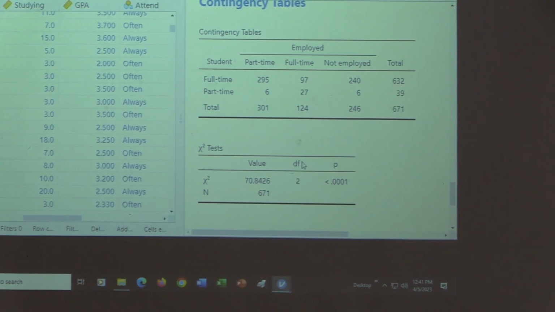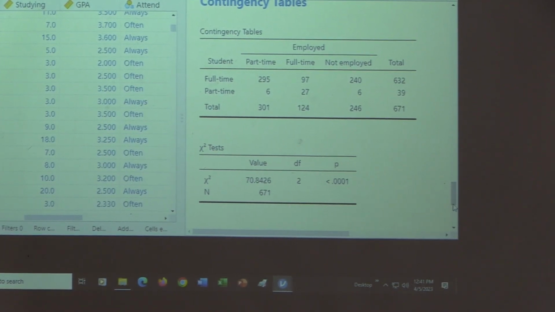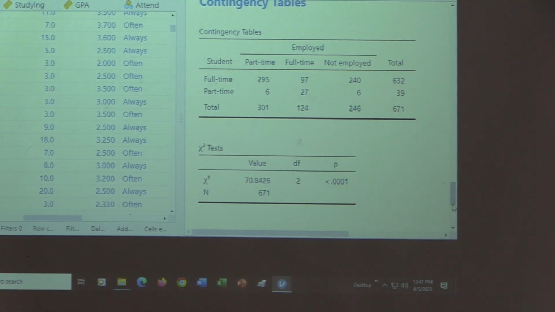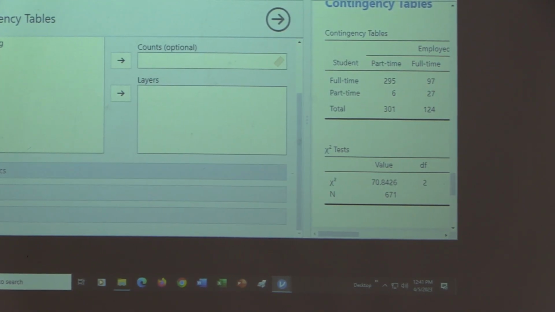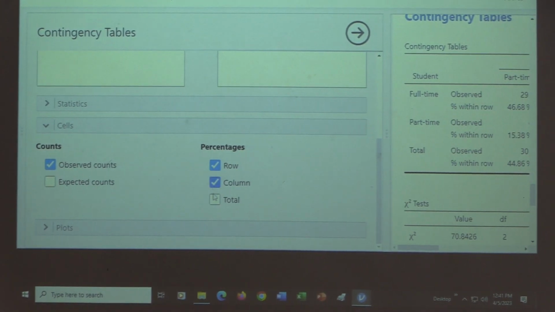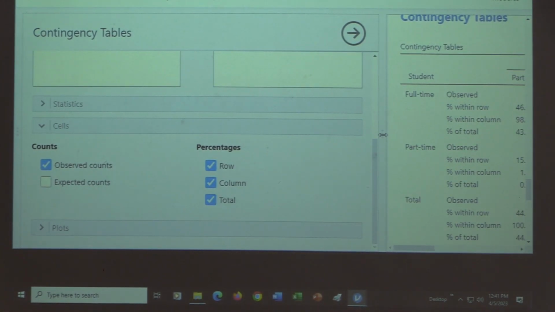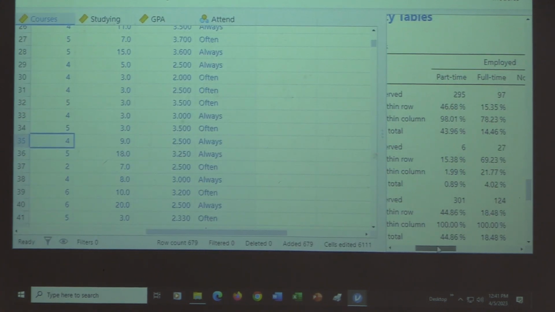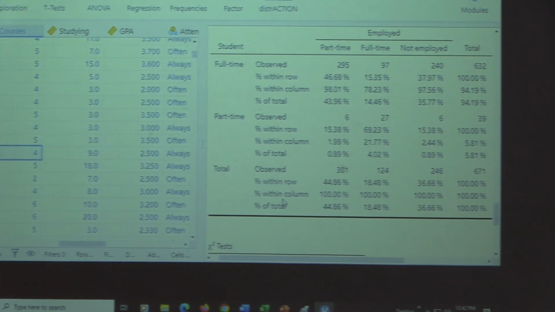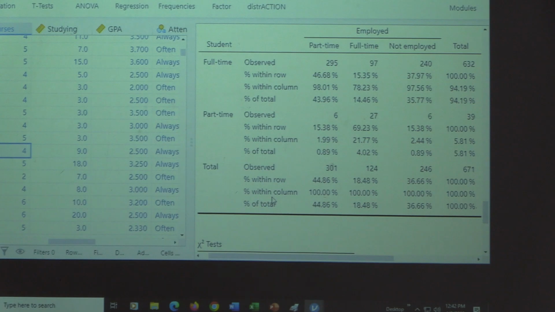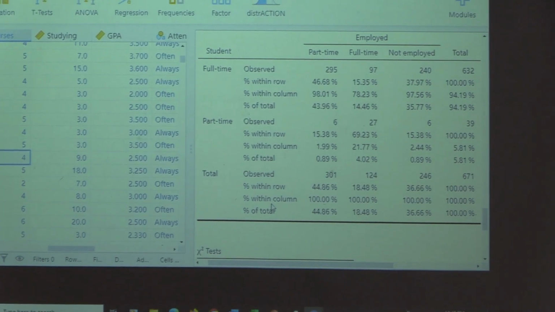Okay. If you know the chi-square test, you would look at the results here. If you know how to do that, that's fine. I'm not going to go into that right now, but anyway. I want to show something else here. In the cells, I want to look at percentages and just quickly talk about that, because this is where most students have issues when they hit probability in statistics. This becomes kind of an issue here. But anyway,